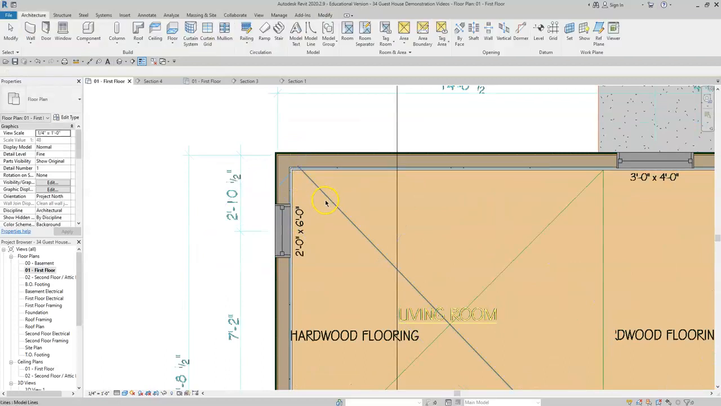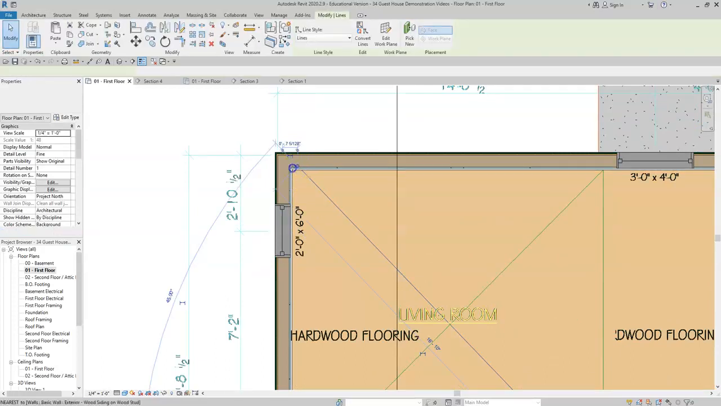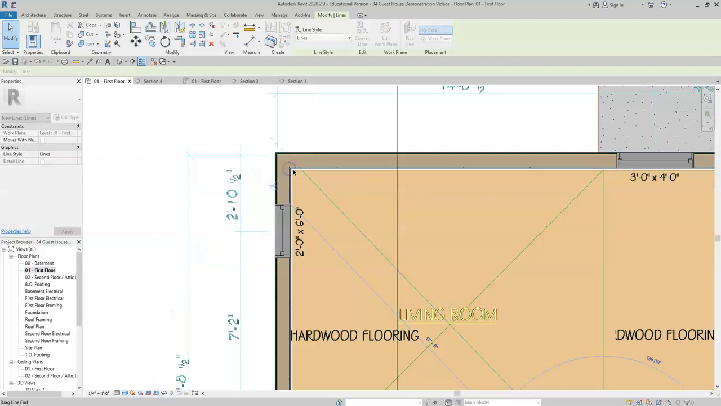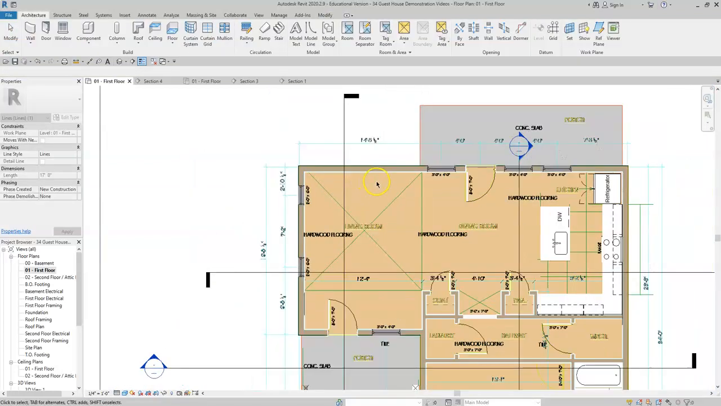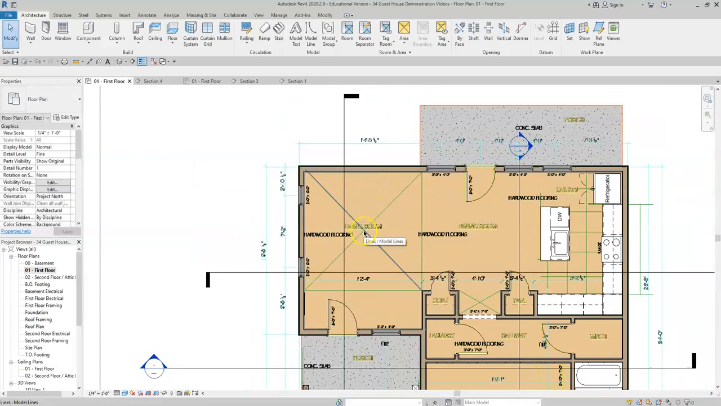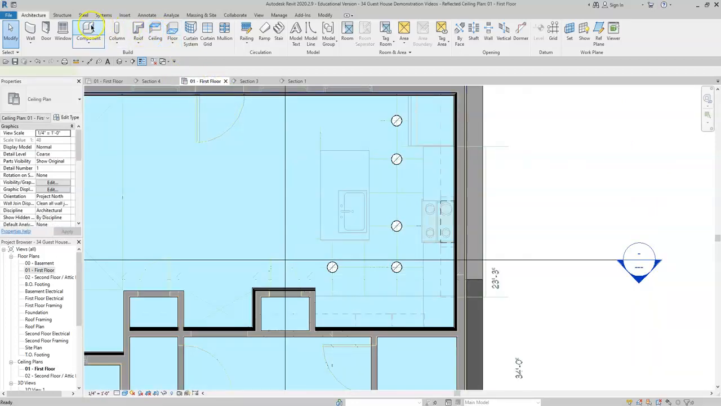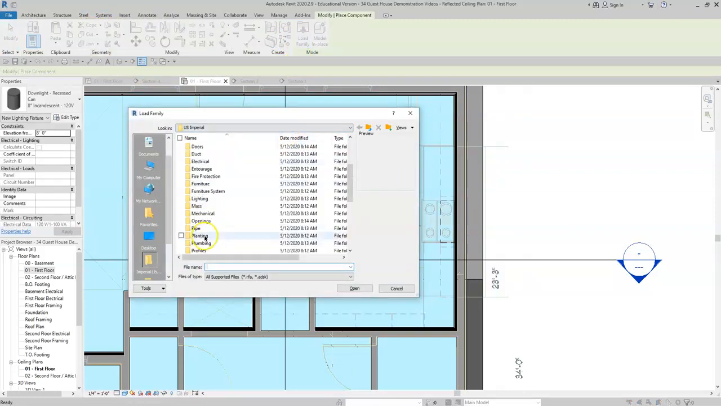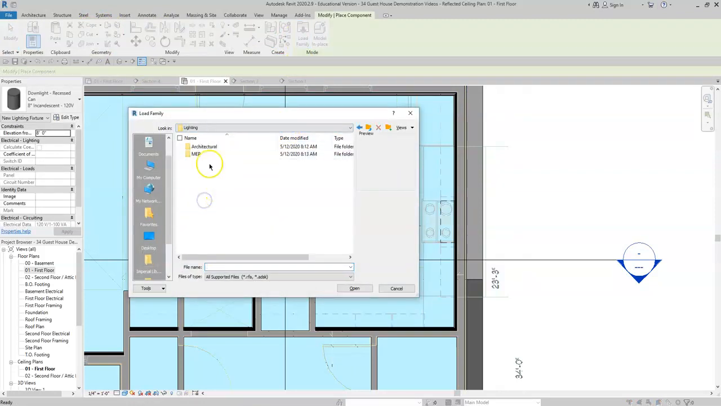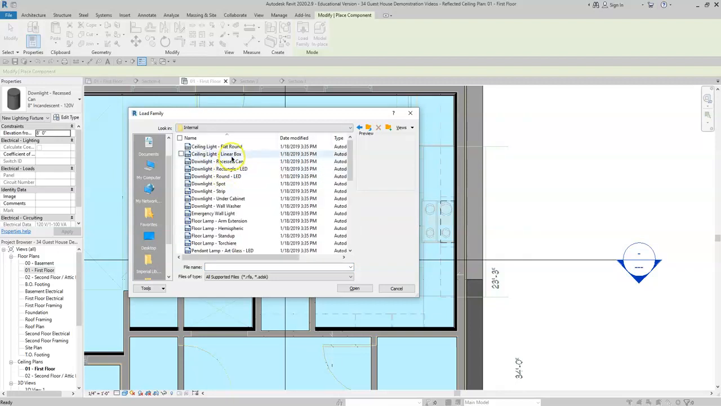All right, so there's my center of the living room. This line actually needs to come over a little bit. Sometimes it gets a little tricky to make sure that that's correct. So there's my center of my room according to those lines. We'll go back to ceiling plan, and same procedure. It's a component. We'll load family. We'll find the lighting folder and go to architectural. This is internal, and we'll do a ceiling